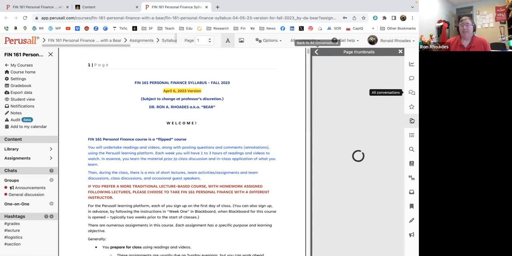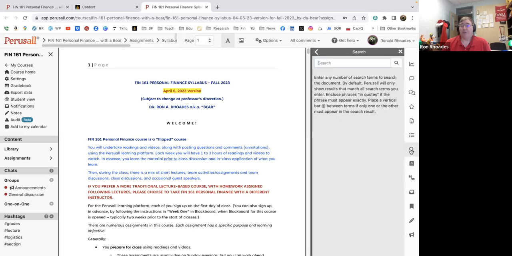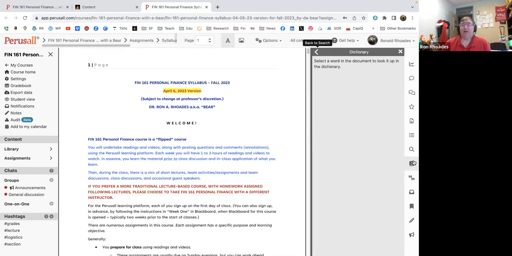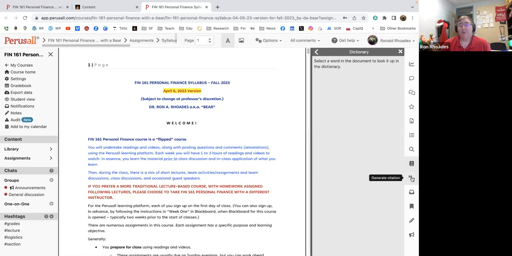You can have page thumbnails here, which is kind of nice if you want to look back and forth at the pages. You can search for things here. There's a dictionary. Select a word in the document to look it up. I think I've never done that. So let's just look up the word flip and see what it says. Yeah. And we'll have to go to flip. To throw or toss with a light brisk motion. No, not quite. There's one of those definitions there, I'm sure. All right, you can